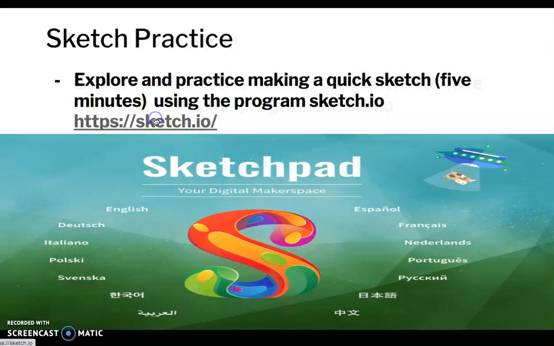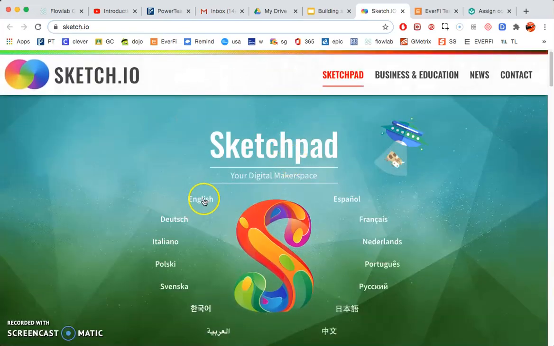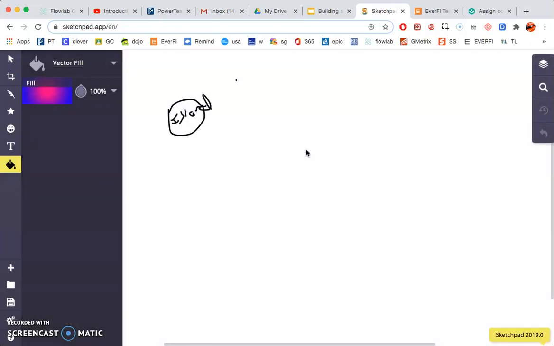But when you click on it, let's see where it takes me. All right, I'm going to go ahead and click English. It even has mine saved that I was messing with yesterday. I started just messing around, drawing in an island. But over here, left and right, you have your different tools. Just play around with what these tools look like and what they'll do. You can do different backgrounds,